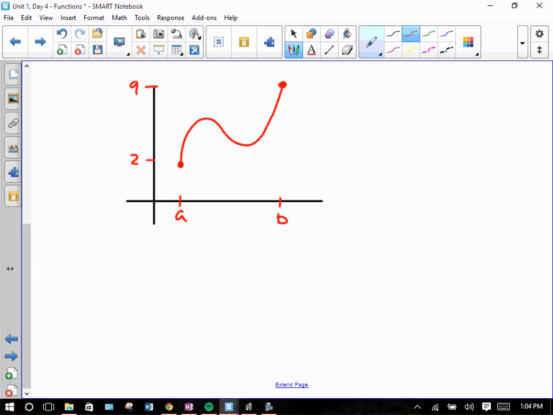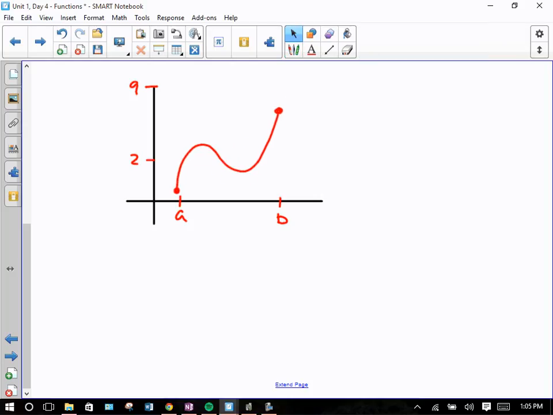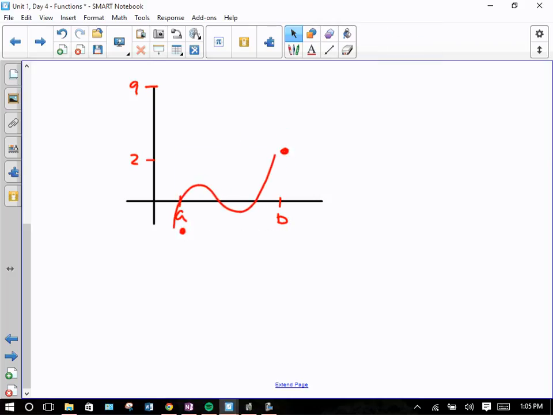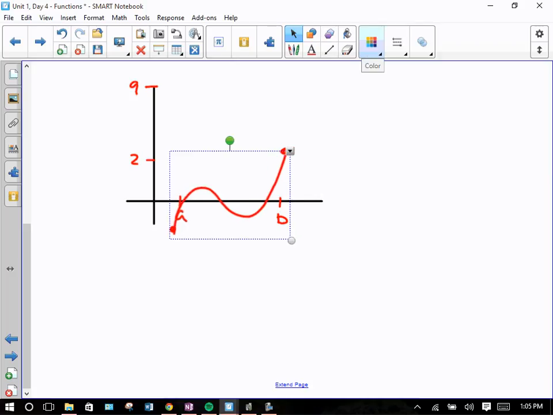Because in order to get from a y value of 2 on a continuous function and end at a y value of 9, you have to have a function value of every number in between 2 and 9. Right? That's what allowed us to say, if I take this function and move everything down to something like this,